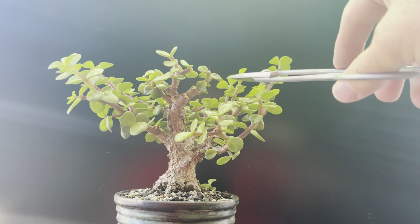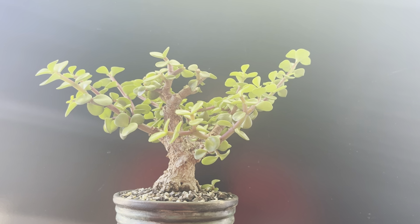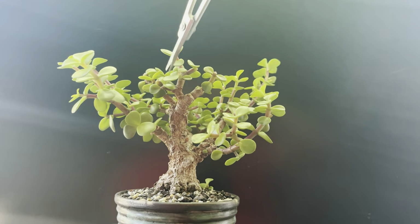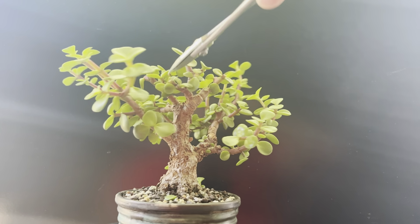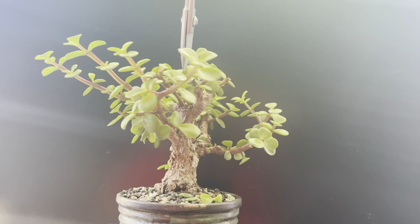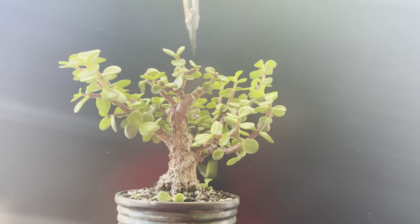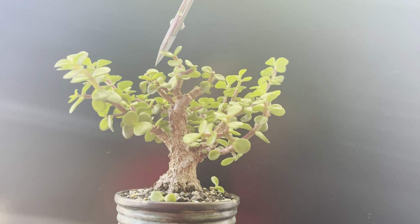Yeah, with these trees in particular, you're always working on a balance, because the top will grow very thickly, and you don't want it to get out of shape with any of the branches below it, right? You want the upper branches to be thinner and more delicate. And that can be a challenge on these trees, because they really like to grow up top and get thick and dense. So you tend to need to prune the top, especially as the tree becomes more finished, more often